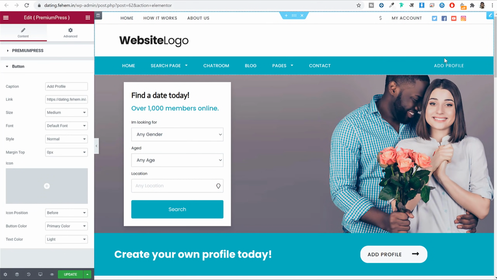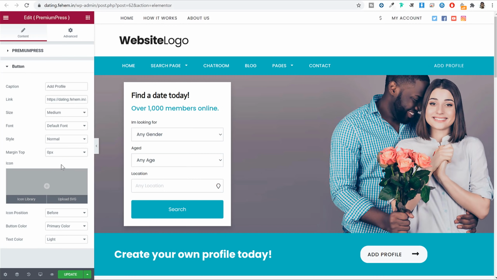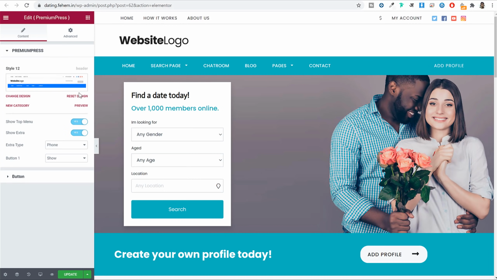And now as you can see, you can have a header like this on your home page, and whatever you want to enable or disable, you can show that. Maybe I want to disable, let's see some options, Premium press. If you want to show something or hide something, you can select those options from here. So if I select this and click on update, and go back to my website, let me show you.